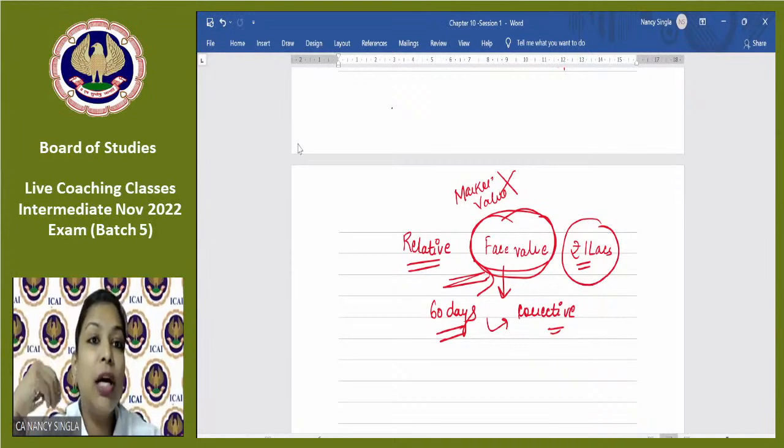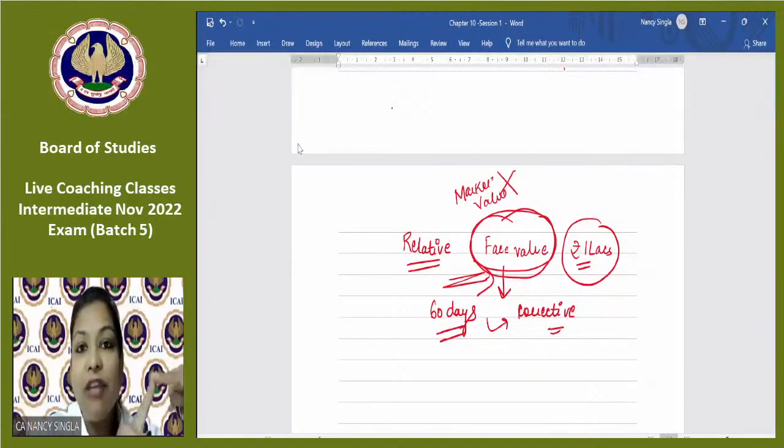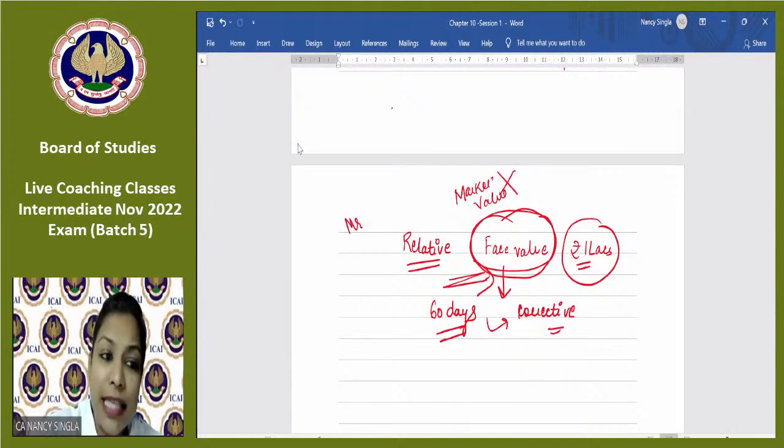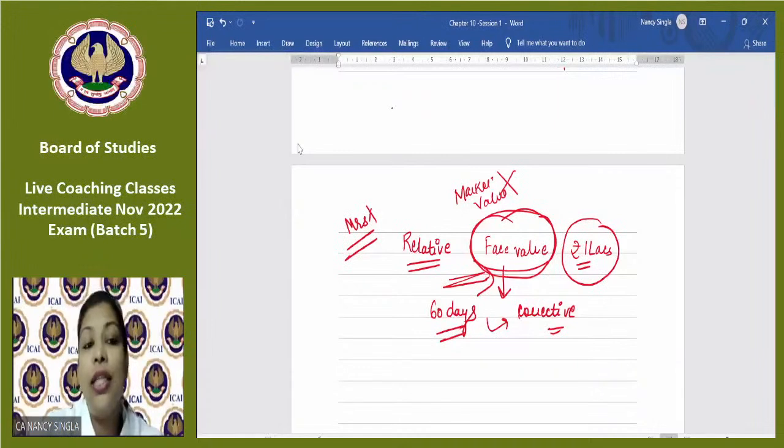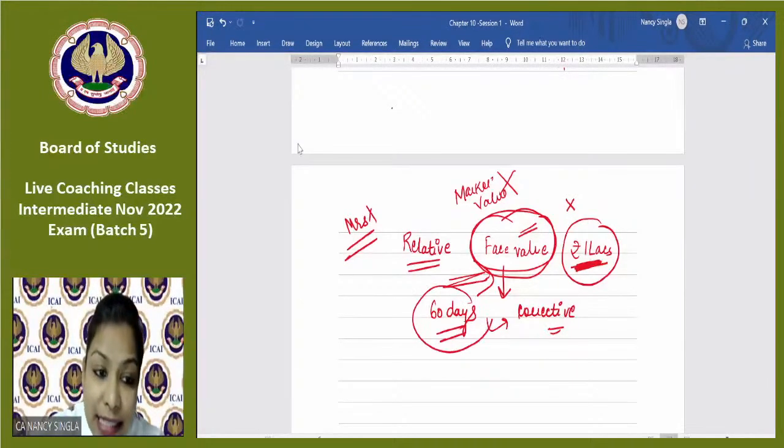Point number 1 talks about if any person, his relative or partner is holding any security in the company, subsidiary, holding, associate or subsidiary of the holding, right? However, the relative, that is in our case Mrs. X, may hold the securities of the face value not exceeding rupees 1 lakh. And in case this 1 lakh is exceeded, then a grace period is given to CA X, within 60 days from the date of acquisition of such interest.